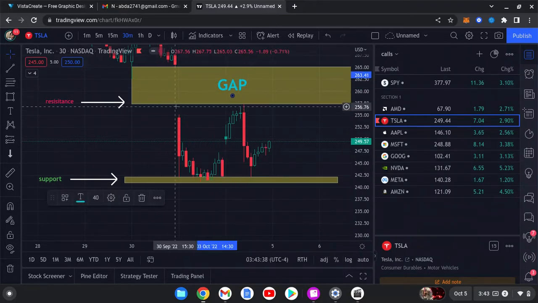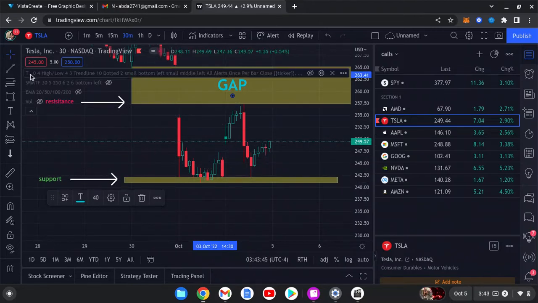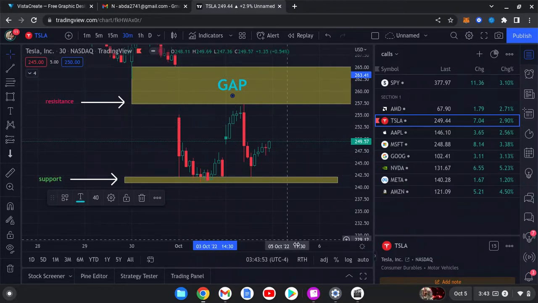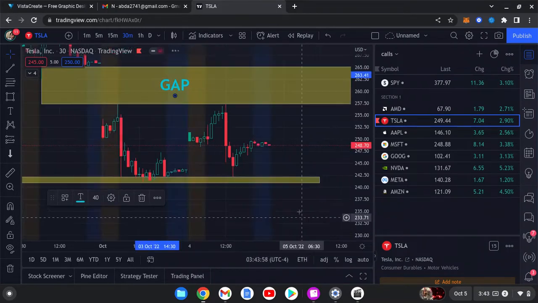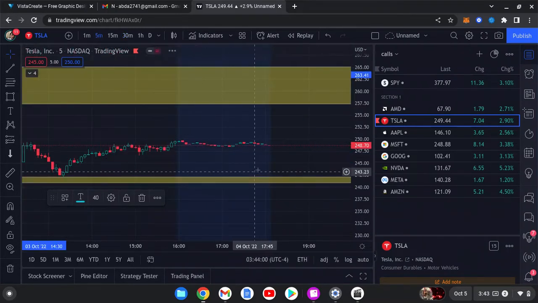So a resistance area, the beginning of the gap, and a support area, which is the demand area that our indicator gives us, and the bottom of the trading day prior. So now we go back to our extended trading, jump to our 5 minute,